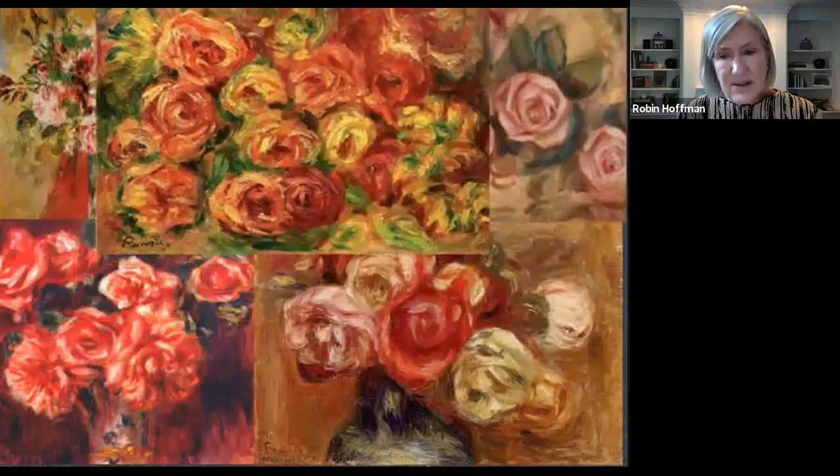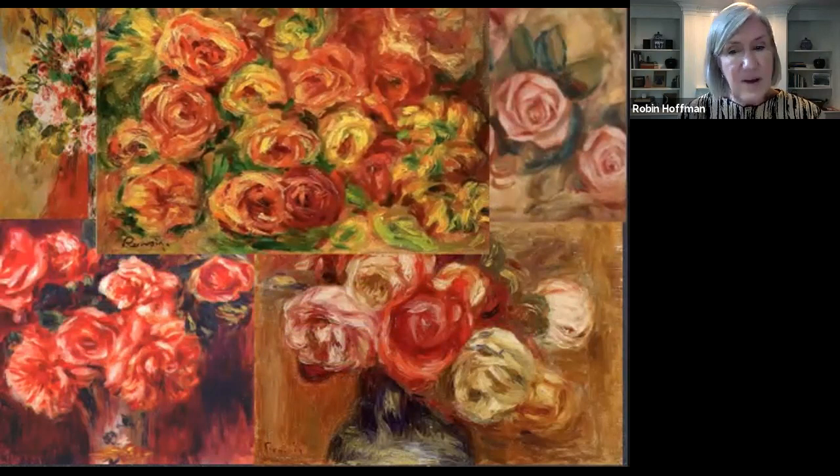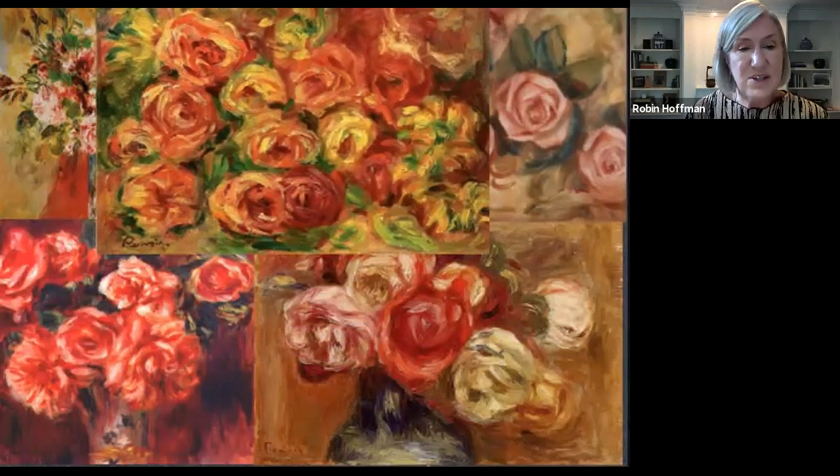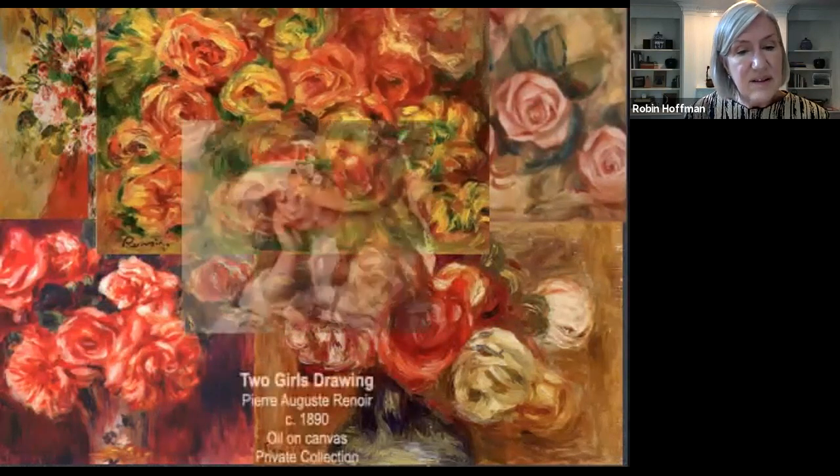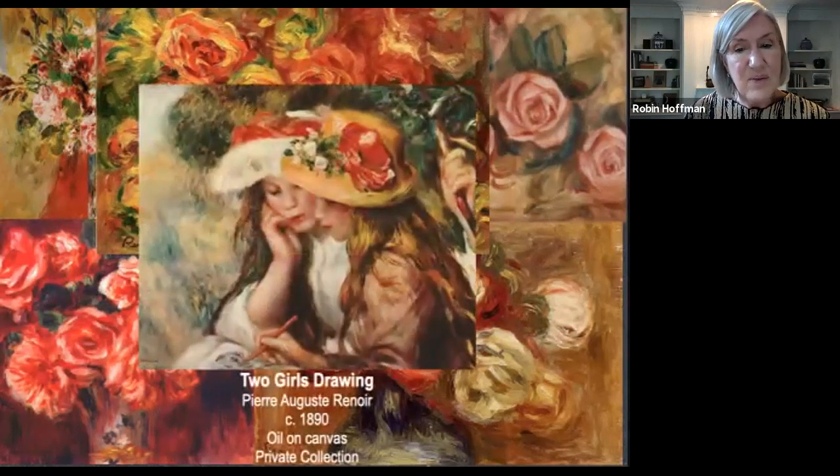As Renoir later explained, "I just let my brain rest when I paint flowers. I don't experience the same tension as I do when confronted by the model. I establish the tones. I study the values carefully without worrying about losing the picture. I don't dare do this with a figure piece for fear of ruining it." And Renoir said that painting roses helped him to capture the skin tones of women and children. And these two girls may look familiar to you because Renoir painted them over and over.